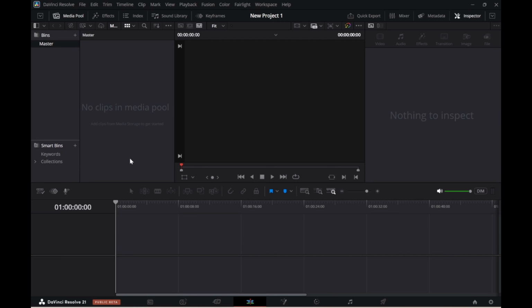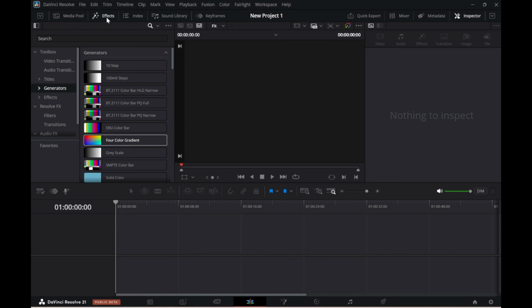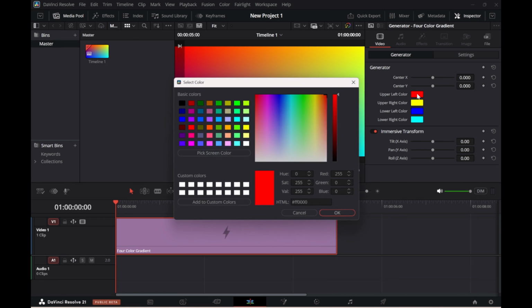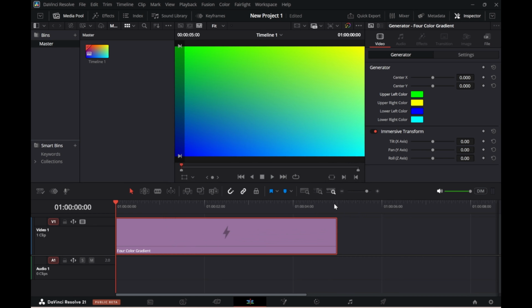To create an animated grid background that scrolls vertically, start by adding a 4-color gradient generator to your timeline from the Effects panel. This will serve as the colorful base for your grid. Select the clip and open the inspector, then go to the Generator tab and customize each of the 4 corners